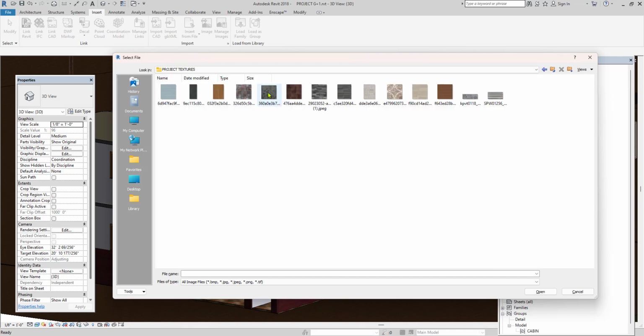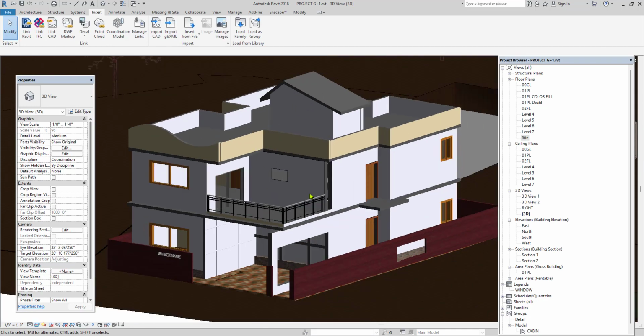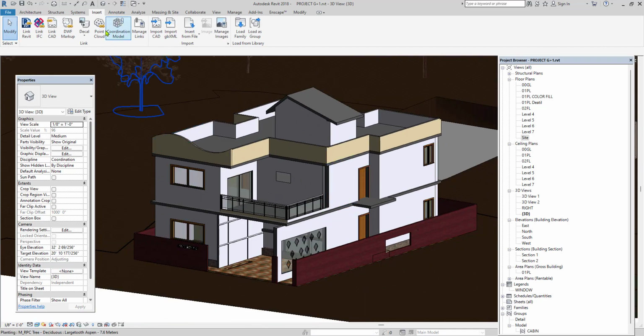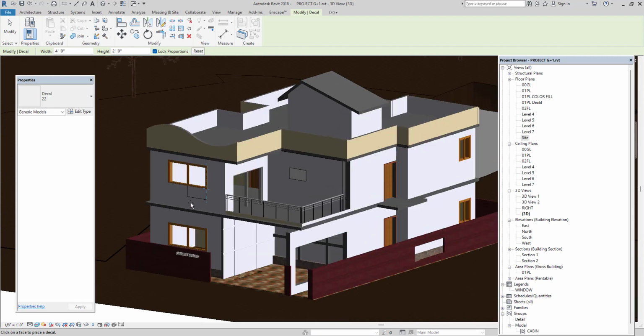Simply, I'm just taking this one and then open it. Okay, and then you can place the decal which you want to place. Place a decal. Here you will get the loaded decals and then place it.